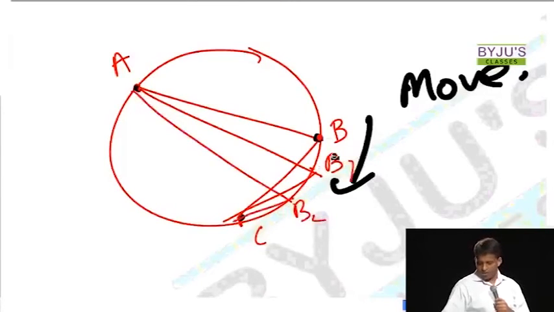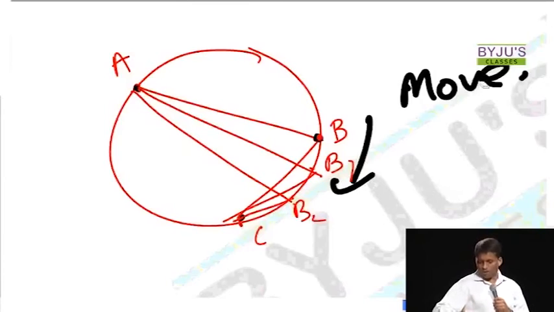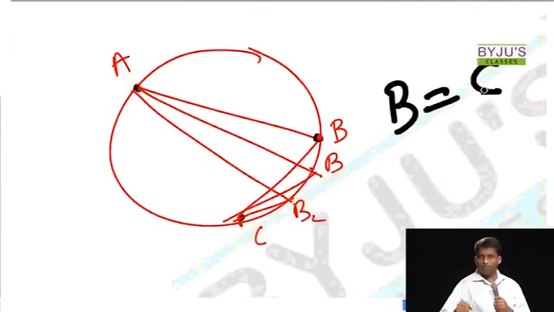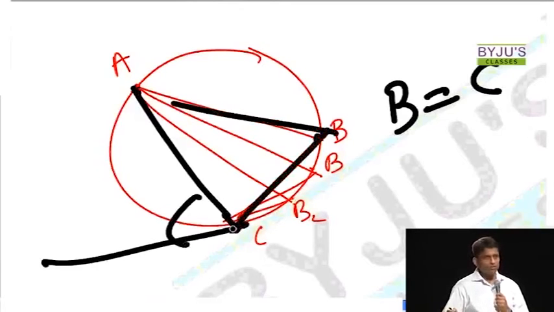So as of now, this BC, B1C, B2C, they're all secants. It's cutting the circle at 2 points. Stop at a point where, this is what you are trying to do, make B equal to C. Then what will happen is, the same line, so this is not changing, right? This is still the same. This is what we discuss as the tangent secant theorem.